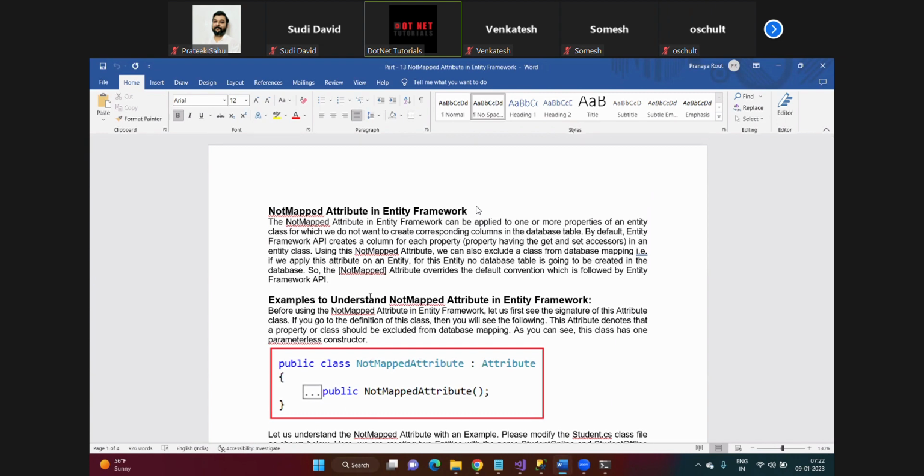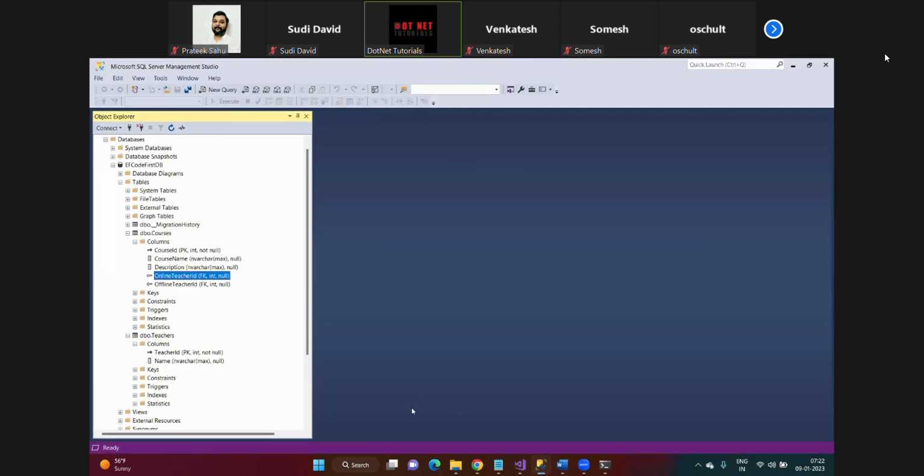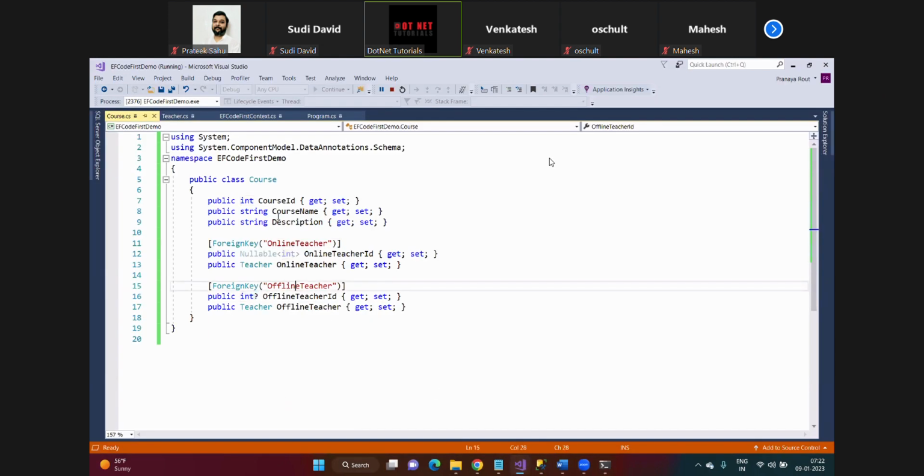So next, we are going to discuss the NotMapped attribute. What does the NotMapped attribute mean? This attribute can be applied to one or more properties of an entity, right? So what is the use of this attribute? Let us discuss. Currently, I have 5 properties which are created here